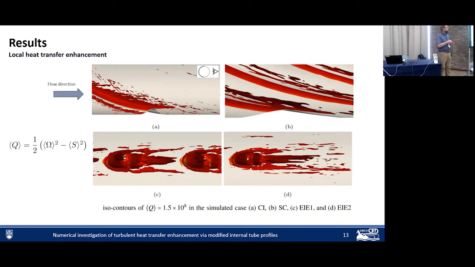And again, what we see is that the enhancement in heat transfer that we saw on the previous slide can be easily linked to these quasi-steady turbulent structures. There's no one coherent vortex that looks like this, but if I take the Q criterion of the coherent vortical structures that would be the amalgamation of my time averaged flow, this is what I see. And so on a whole, the coherent structures that